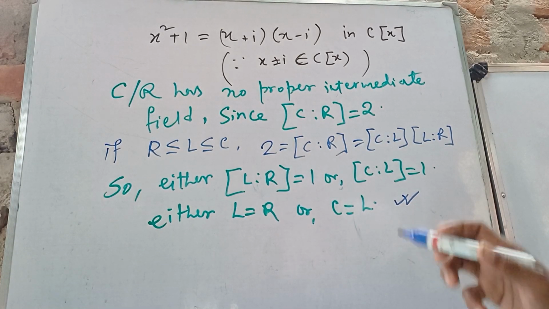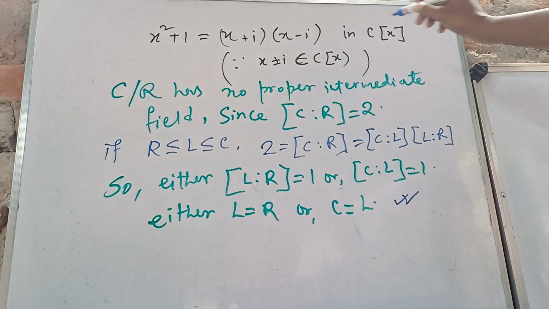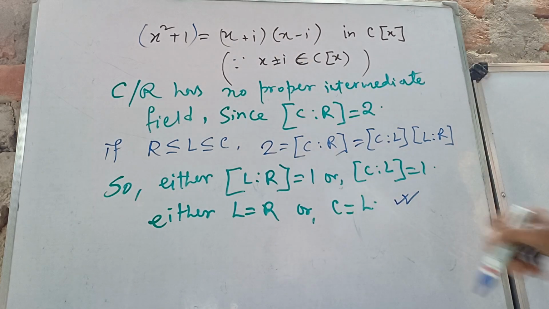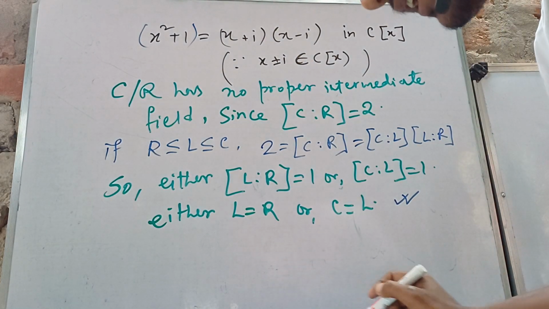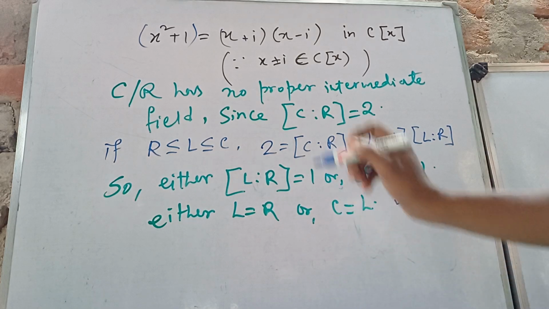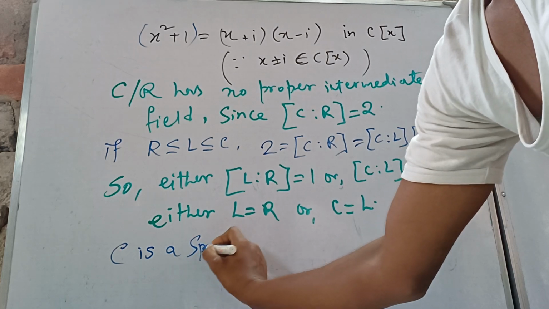We also see that two conditions hold: the polynomial x^2 + 1 factors in C[x], and obviously no intermediate field exists. So C is a splitting field